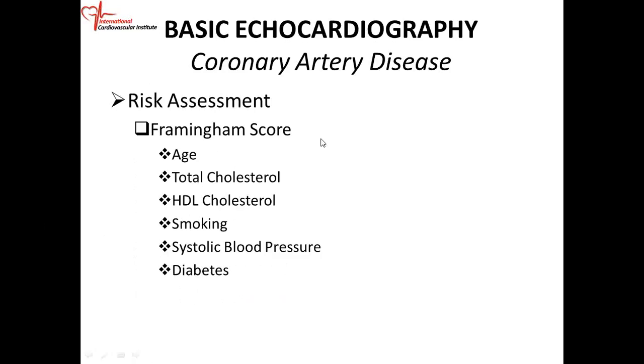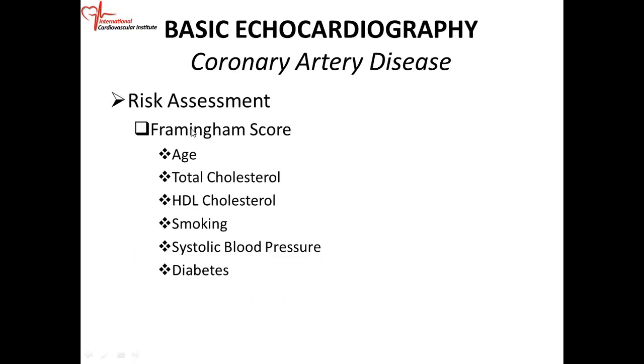And we use the Framingham score. So Framingham is an area in Massachusetts where they did a lot of study. They did a population study,